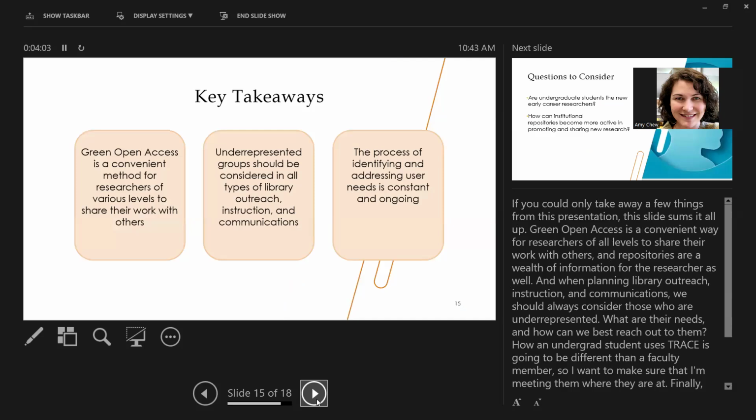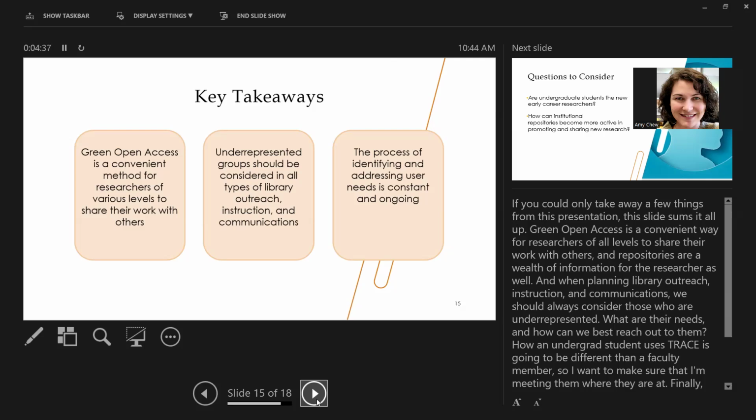So the key takeaways from this are a few little things here. If you don't remember anything else, I'm hopeful that these will go out there and help. One is that green open access is convenient for researchers. It's a great way to share their work with others. It's free for people to view, download, and share. It gives you great altmetrics. No, it's not publishing in the top journal in your field, and putting something in an institutional repository is not the same as that, but it is getting your work out there to the people who need it. And to me, that's really important.